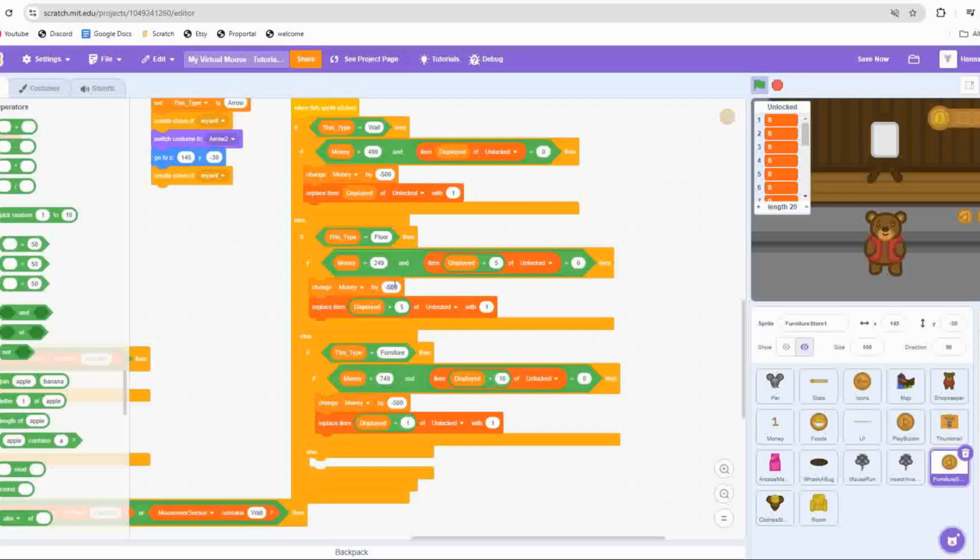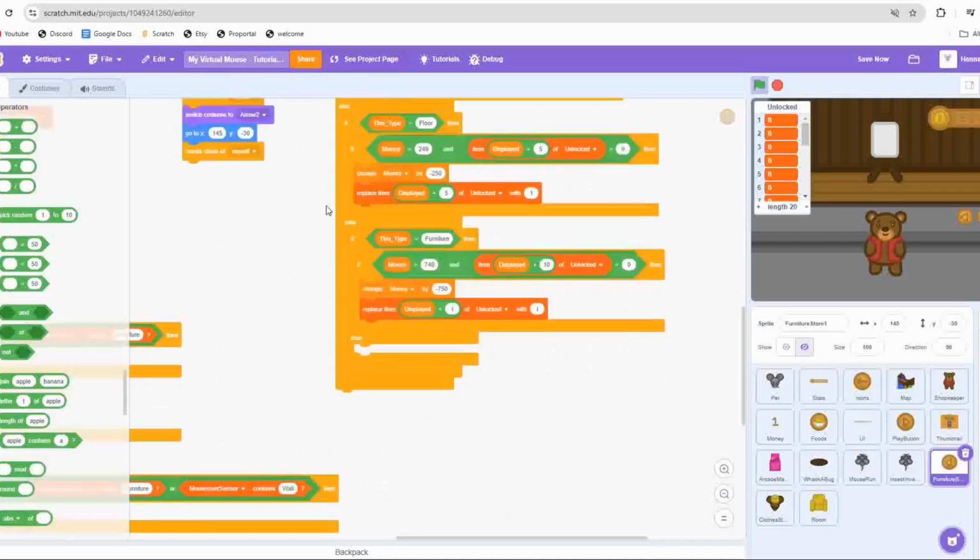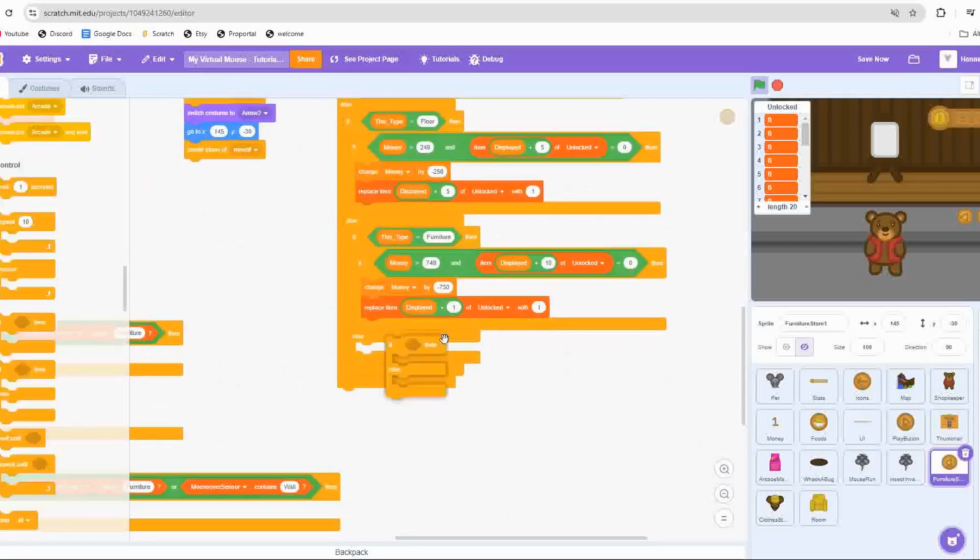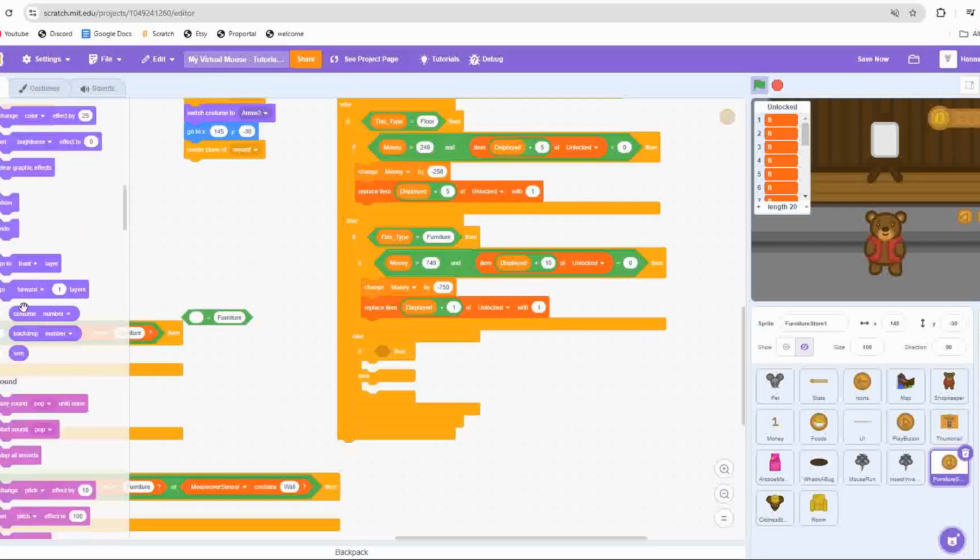Oh, and here in the if equal to floor section we want to change money by 250, and in the furniture one we want it to be change money by -750. Then in the final else function we want it to be if costume name, so if you get the costume name block from the looks tab and be arrow 1,